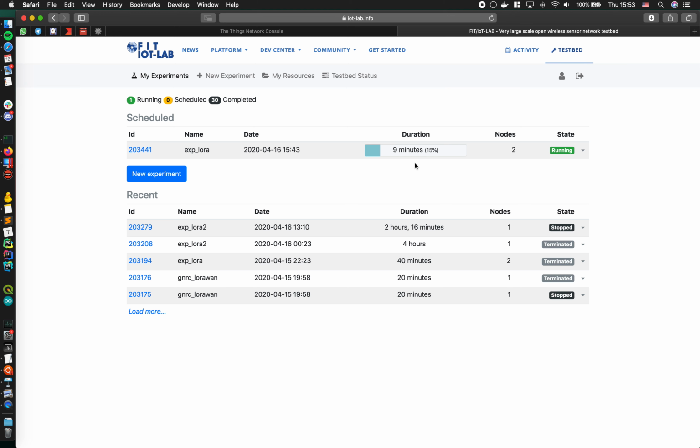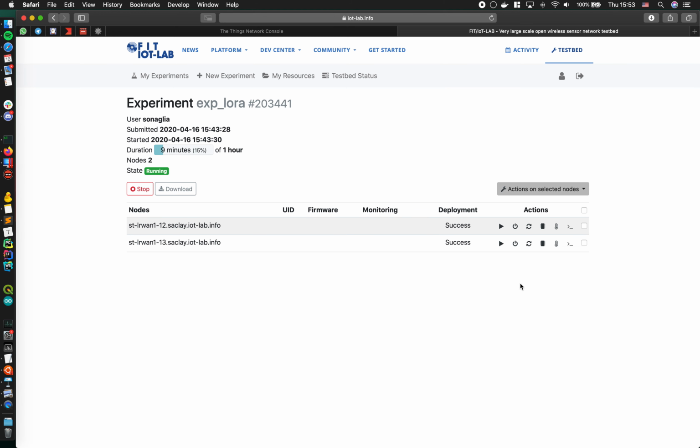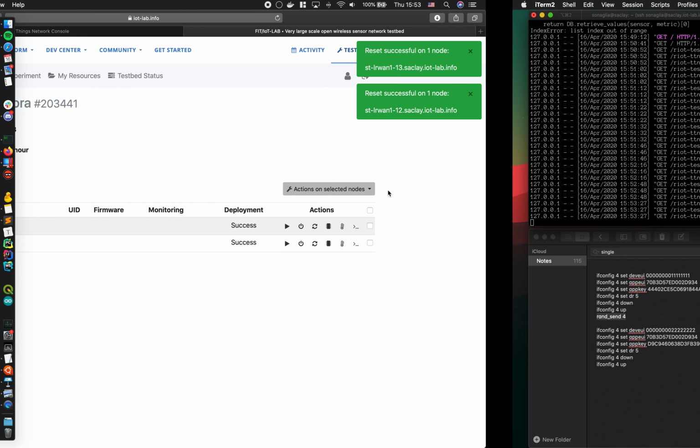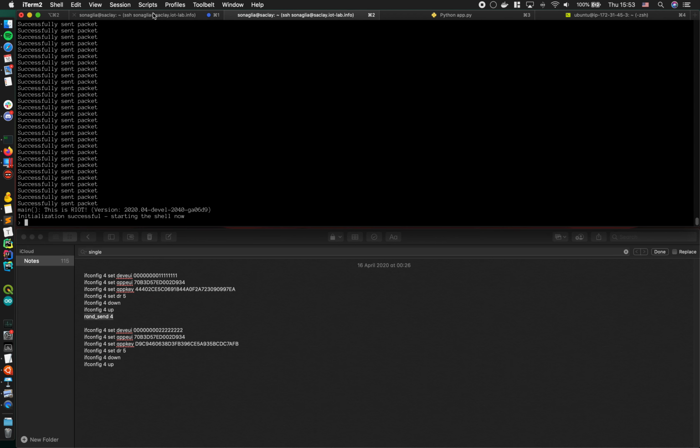This can be done in IoT Lab. I already did it, but I'm going to reset them in order to show you. So IoT Lab allows us to connect to our nodes using Netcat, so we can now open a shell inside these